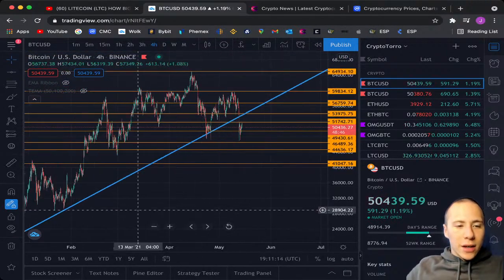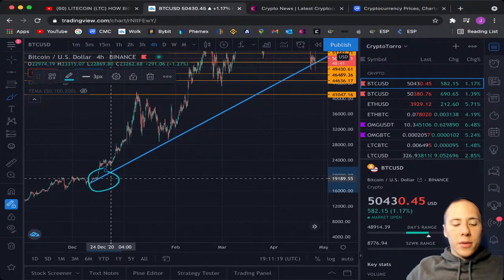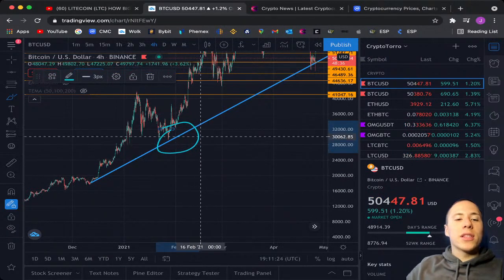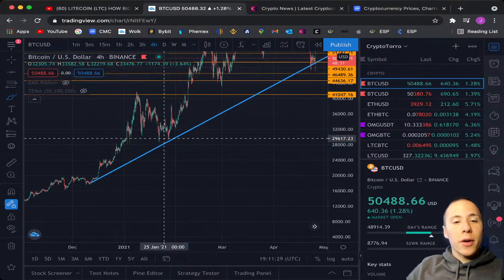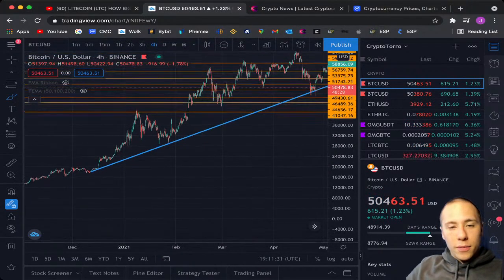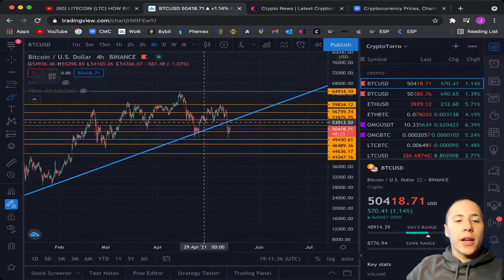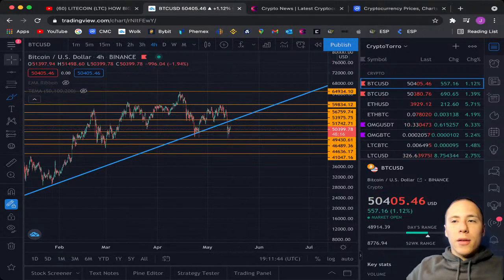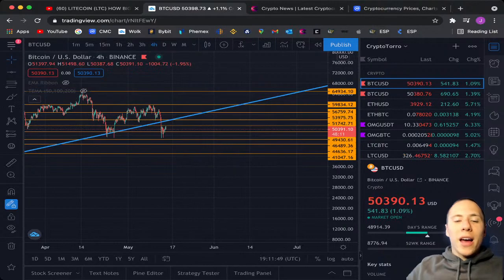What we can see on this trend line is that we have already touched it several times. Once at the beginning of the bull market, of course. The second time we had a small touch with this trend line right over here, approximately on the 25th of January, and we saw a third significant touch of this trend line over here, approximately on the 23rd of April. And right now we are on the 14th of May, and unfortunately, as we all know, we have broken below